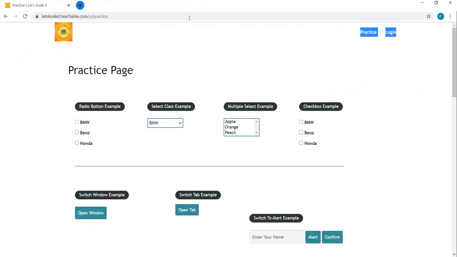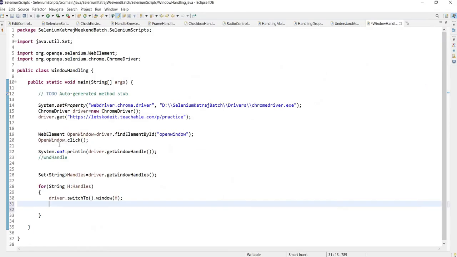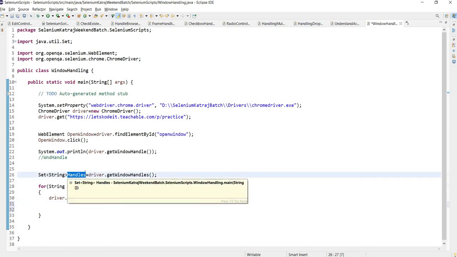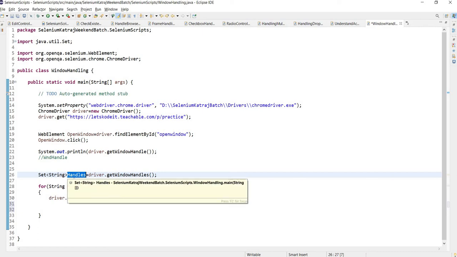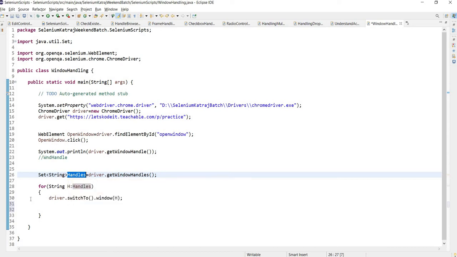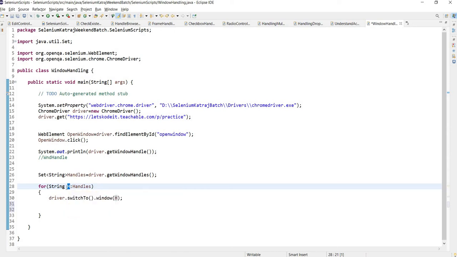but we don't know which window it has switched to, whether it is still on this original window or on this new window, because in this set, the order in which the handles are saved is not guaranteed, it's not known to us whether the handle of the first window got saved first or the handle of the second window. It's only that this handles has both the windows' handles, but we don't know in the first iteration whether the handle we have got is of the original window or of the newly opened window. We don't know that, right? So we will know it now.